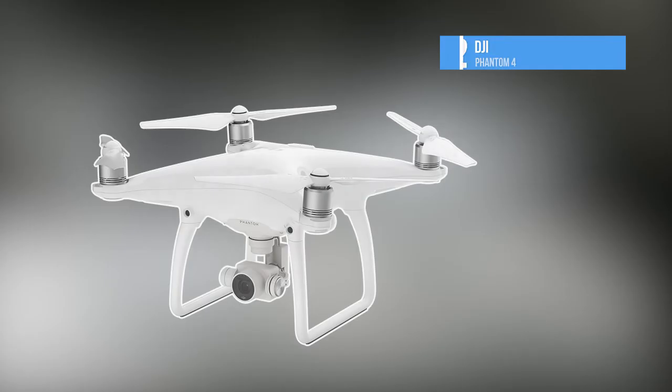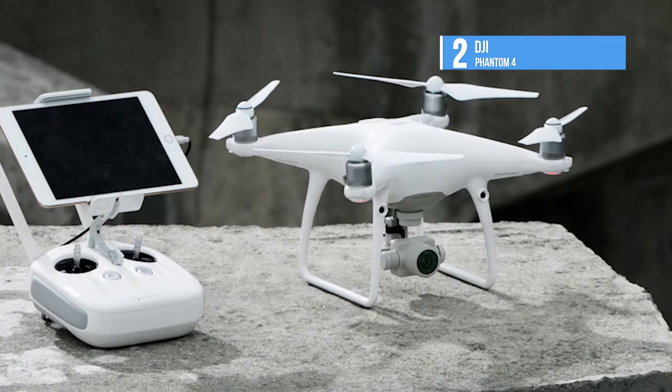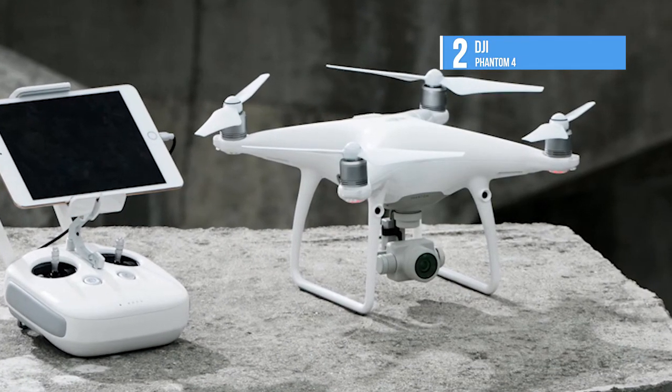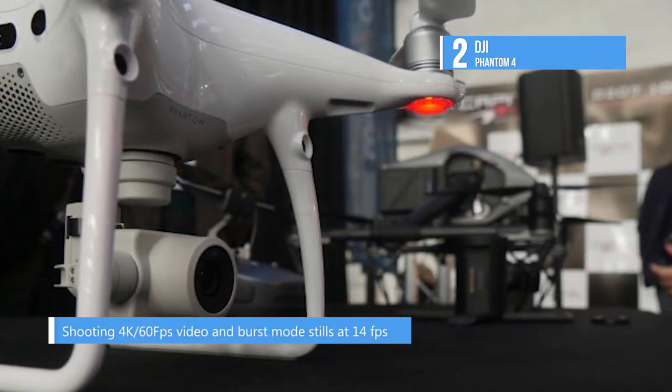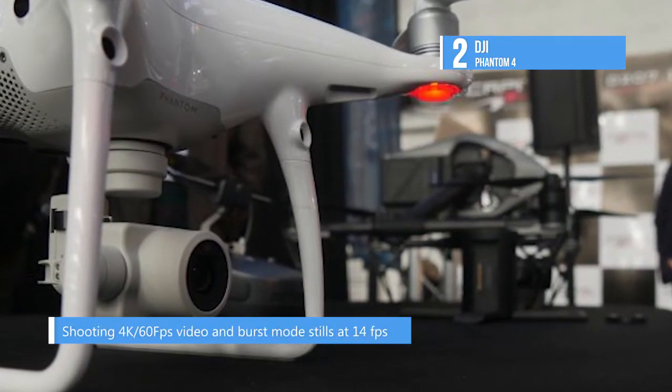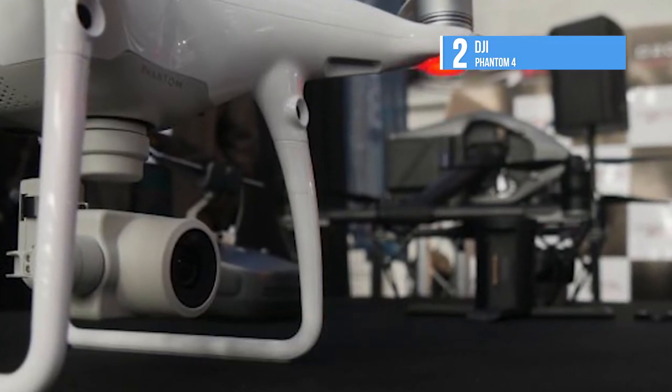At number 2 on our list is the DJI Phantom 4. It's the overall experience of using DJI's Phantom 4 that puts it above the rest. DJI makes doing these things painless and uncomplicated. This, along with the Phantom 4's new obstacle sensing system and streamlined design, are why it's quickly been tagged as